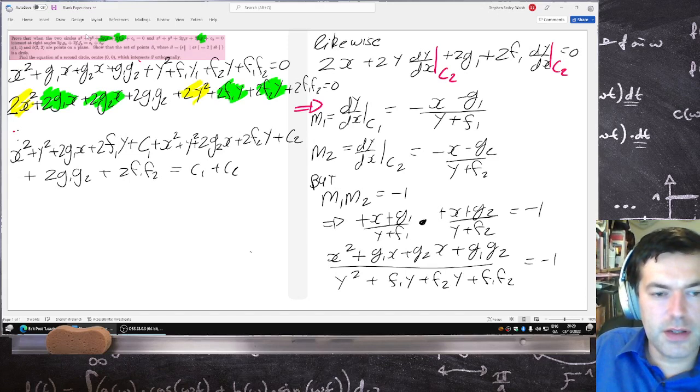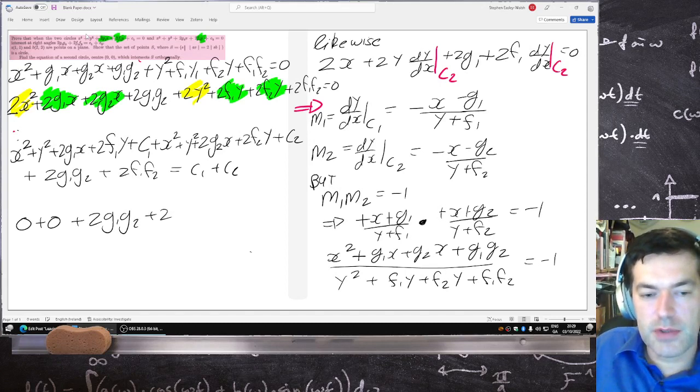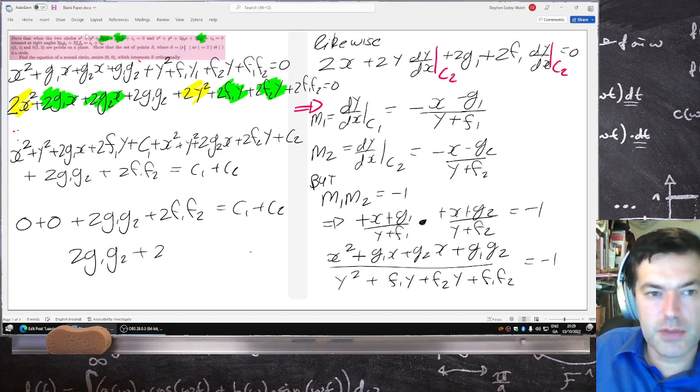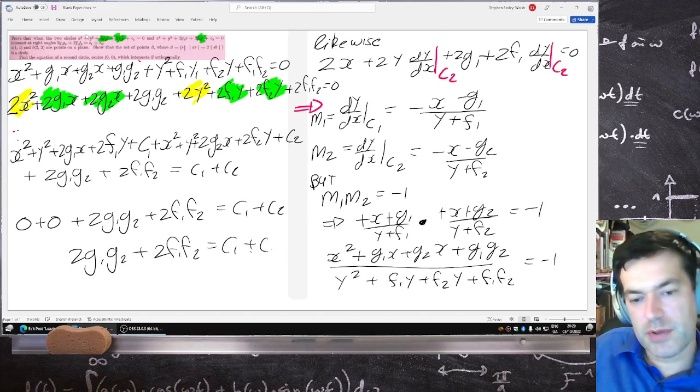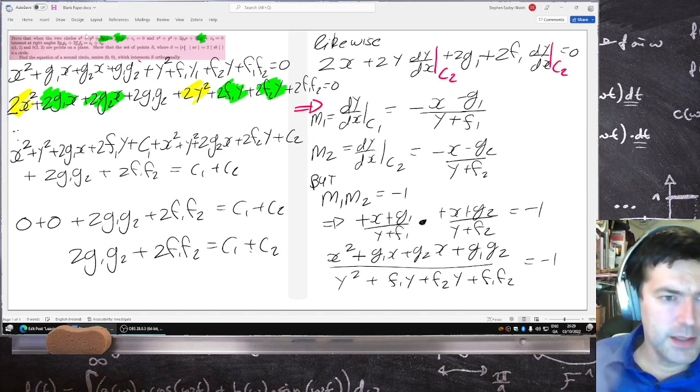But if you look, the first few terms is 0, and the next few terms is 0 as well. So you end up with 0 plus 0 plus 2g1g2 plus 2f1f2 equals c1 plus c2, or in other words, 2g1g2 plus 2f1f2 equals c1 plus c2. So that proves that